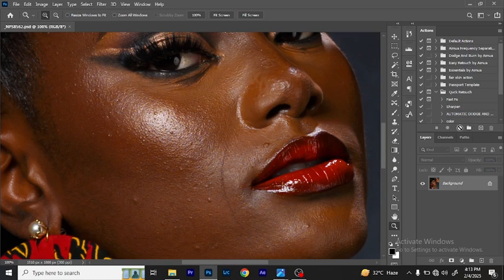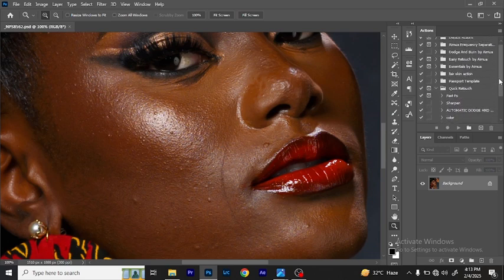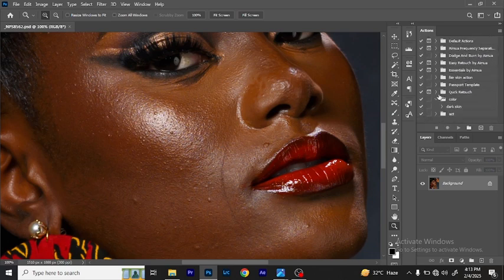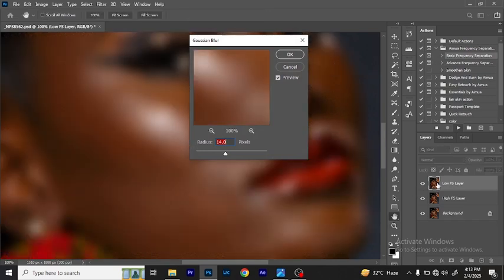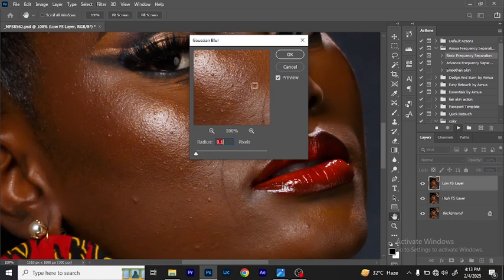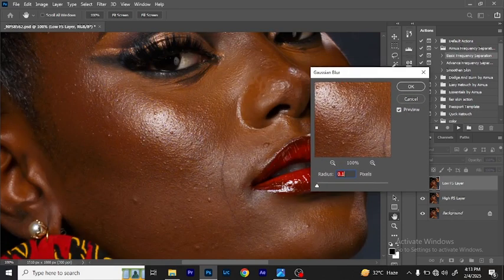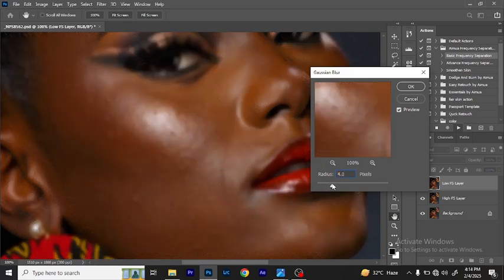So I'm going to quickly run a frequency separation action, right? Come here, click on basic, you can click on run. Then I'm going to select the radius. So the higher the radius, the more texture you keep on the image, right? As you can see in this image, the model here has a lot of texture on her skin. So if you want to keep that texture, then you have to use a high radius, let's say from